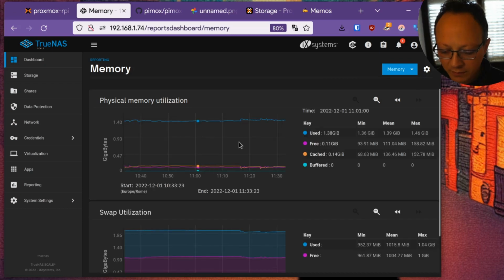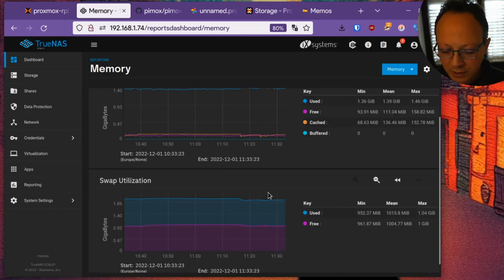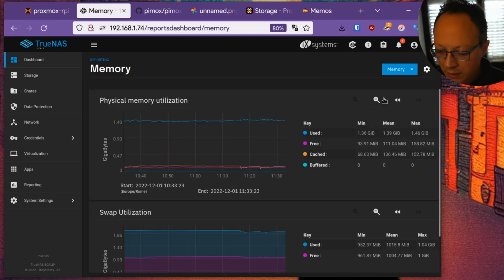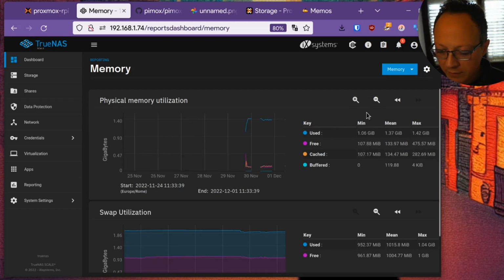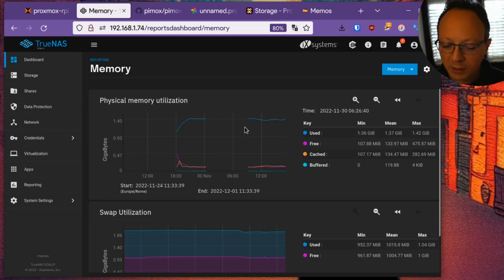So you have physical memory utilization and swap utilization. And you can also zoom out to have a more wide view, and when the computer is in standby, you don't have the stats anymore, so it's correct.